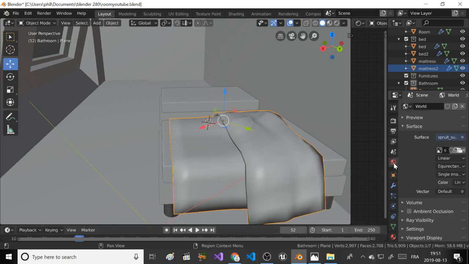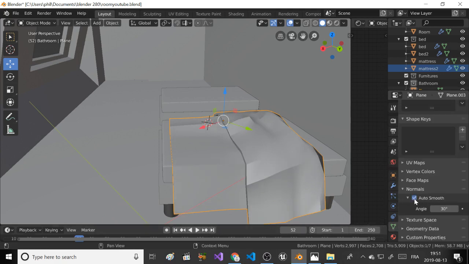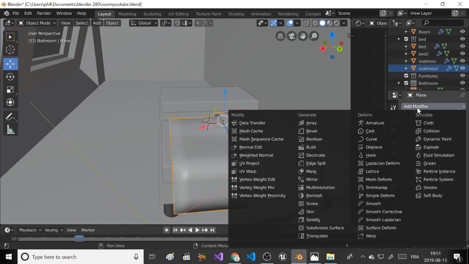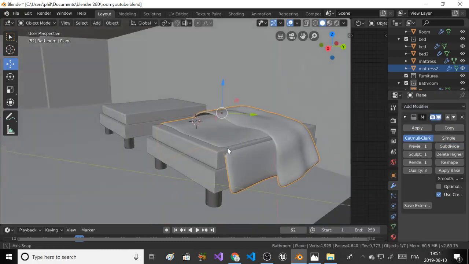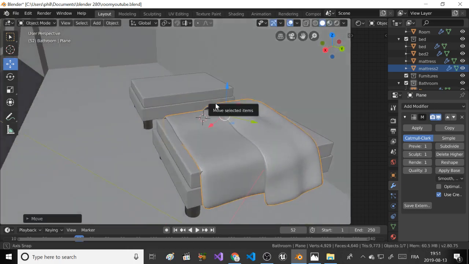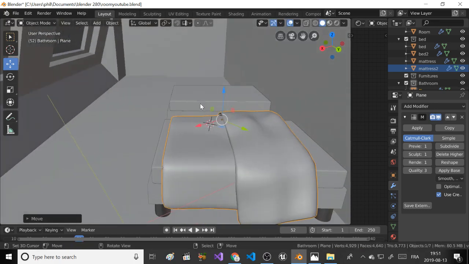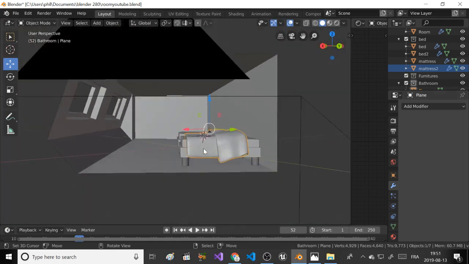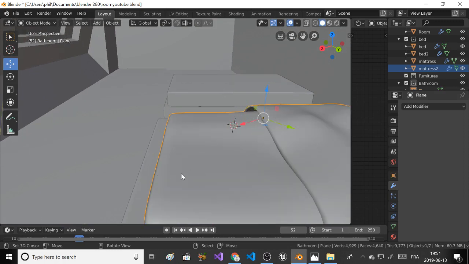I can try multi-resolution if this doesn't work a lot. It's a modifier, and I can add subdivide here. You can see it's good, but unfortunately it creates an issue here. So I'm gonna just put it like this and see how it looks. It looks good because we don't see it. Okay. Now still it's good, but we would like to see some kind of